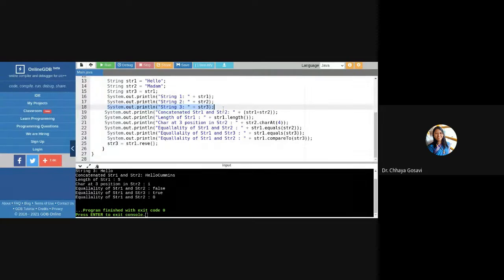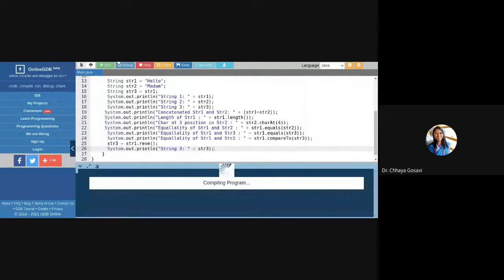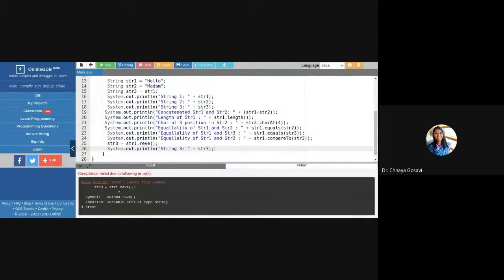Let me check whether the reverse function is working with a String object. It is there with a StringBuffer object. No, the reverse function is not available for a String object.